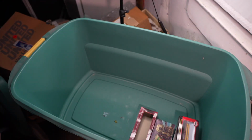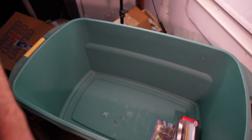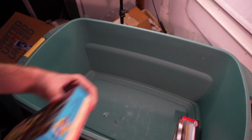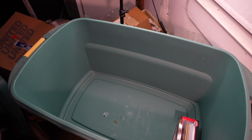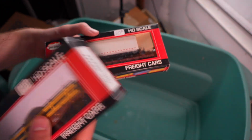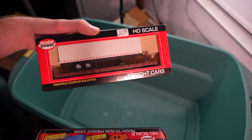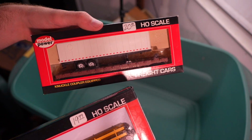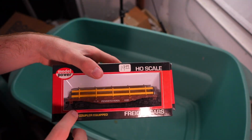Rio Grande boxcar kit. Empty Mantua box here. Put this off to the side. I've got a little pile I'm making of all the empty boxes that we're going to need to find stuff for. That one's empty too. A couple more Mantua cars floating down, or Model Power cars, excuse me. That's actually sick. Yeah, the trailer car is awesome by Model Power. That's a Santa Fe car. That's not going to be the price I charge for it though. I guarantee that. Same goes for this one. These are probably going to be...